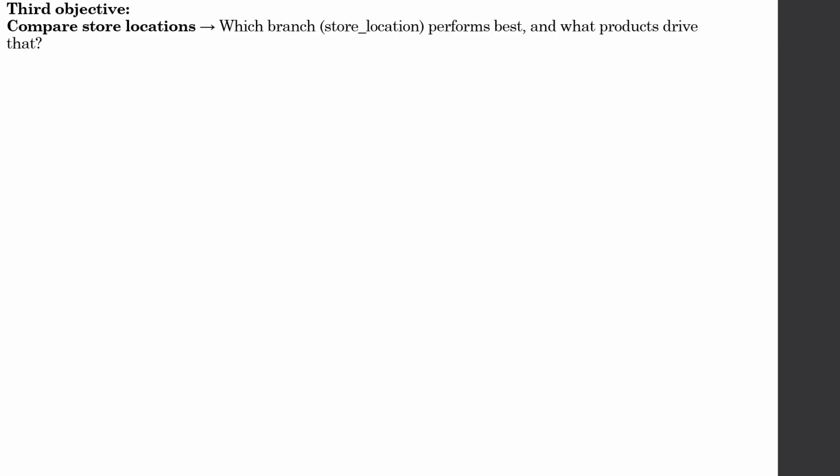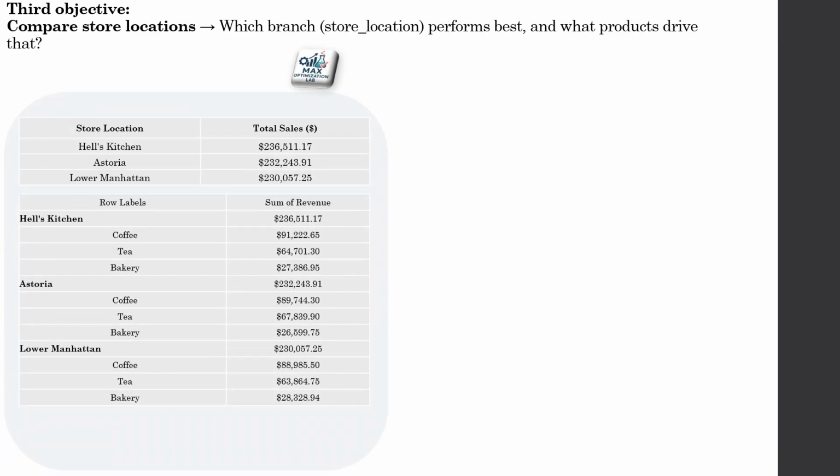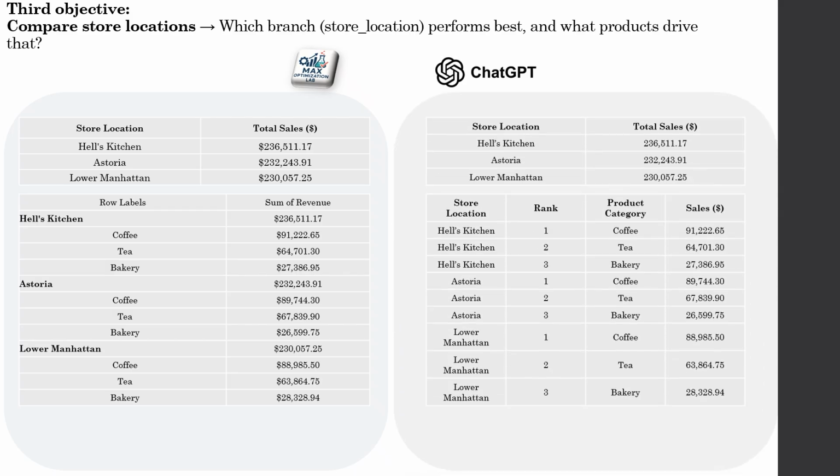Here we're analyzing the branches and we're looking for the best performances and what products drive that performance. First, look at my own answers and now the ChatGPT. The answers are completely identical and there is no mismatch between those answers. Full mark here. The fourth objective is a bit tricky since it contains more advanced calculations than the previous tasks